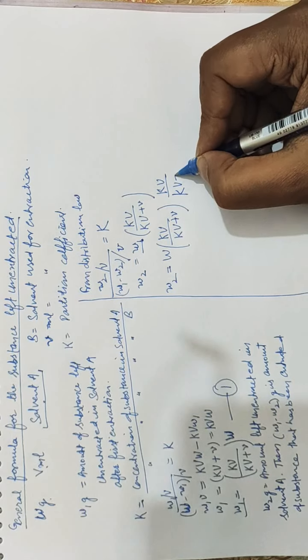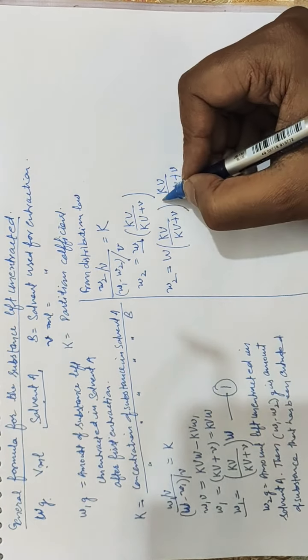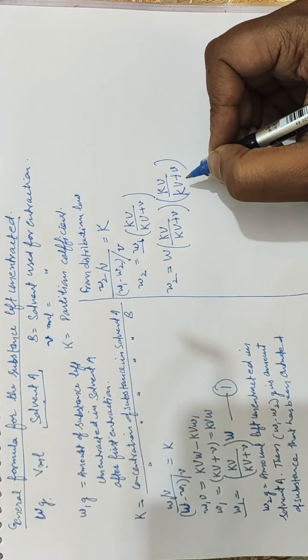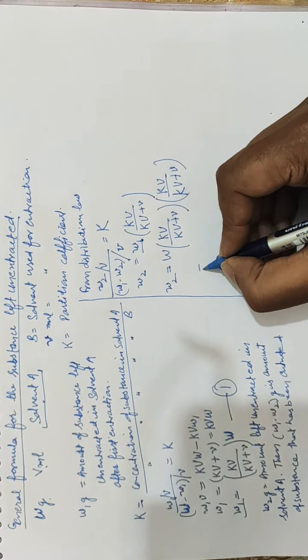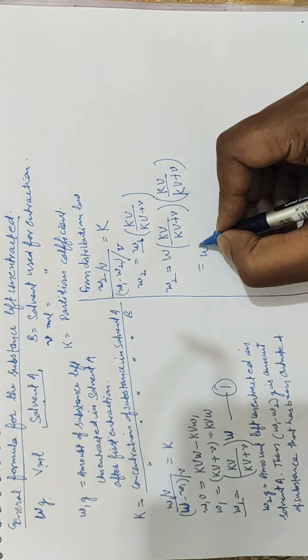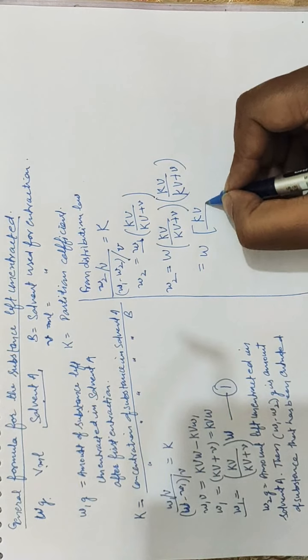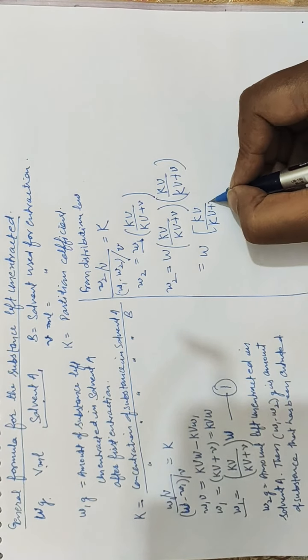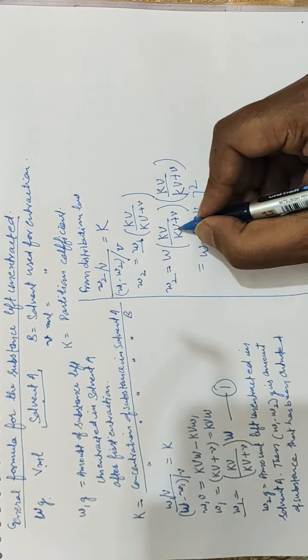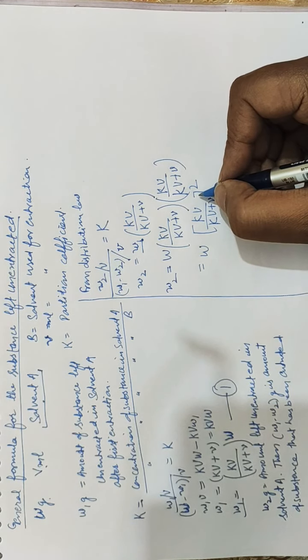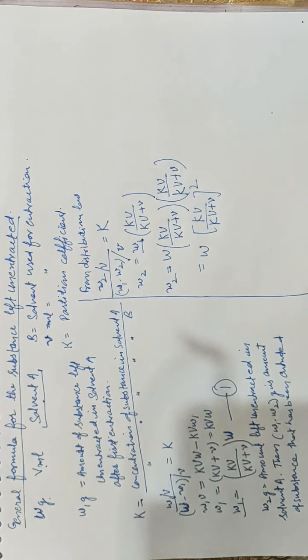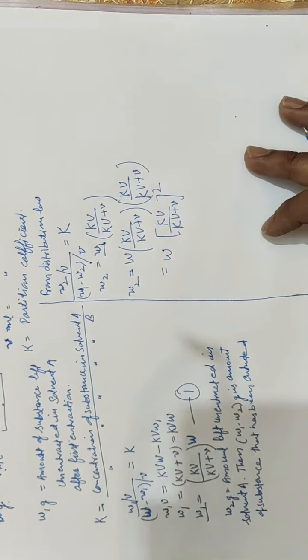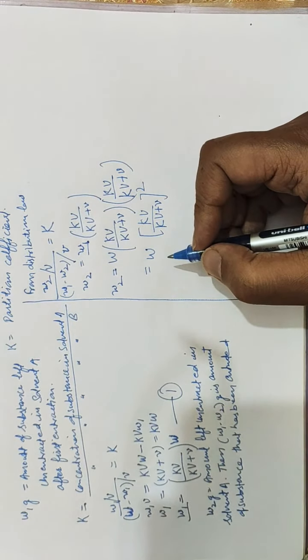So it is kv plus v from here, and this is kv plus small v. Further simplifying it will be capital W into kv over kv plus small v square. Both the terms are same, so they are written as square form. In general, the amount of substance that remains unextracted after nth extraction will be,